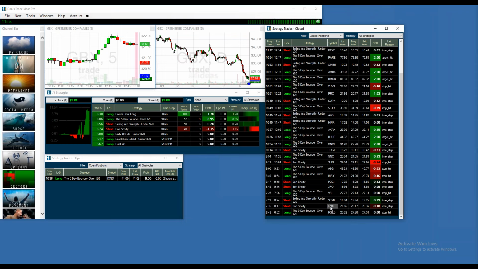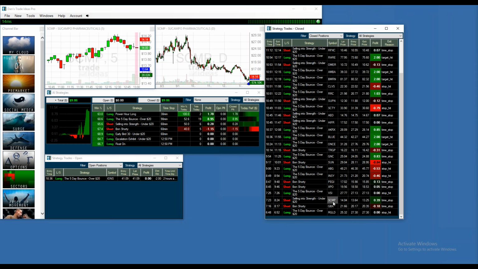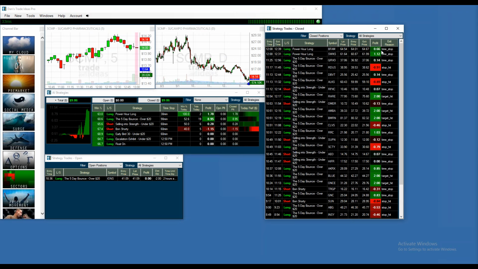Then there was a short in GBX, again just a small loser. A short at SCMP ended up being a decent winner for the time. It bounced hard too. So you can see exactly what it was doing, and then it really started to hit home and ran away with it at the very end.